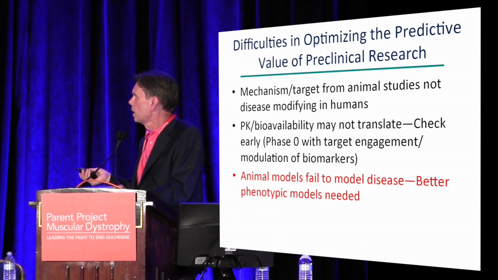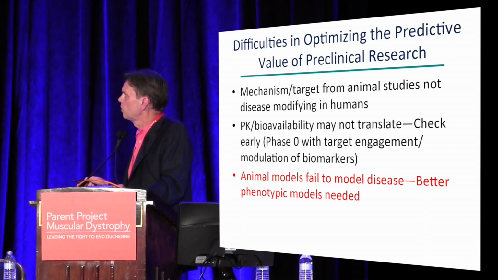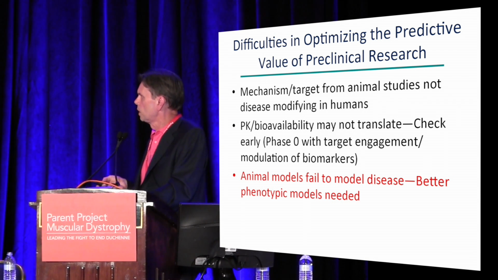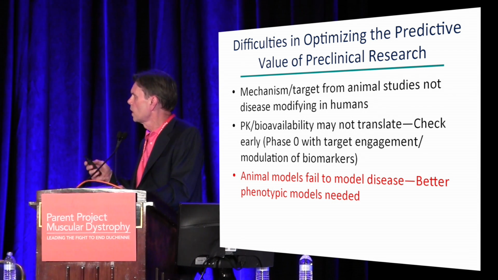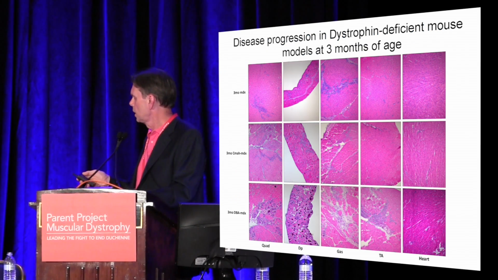Now, as I said, beyond the difficulty in actually performing the preclinical trials properly, in the Duchenne world, we also have the problem that the MDX mouse is not really a great model for the disease. And we've known this for a long time. And so one of the things we've done as part of this core that PPMD has done, and other people are doing too, is evaluating new animal models to try to see if we can find mouse models that are better phenotypic models. And just to give you a little bit of an idea of what that looks like,